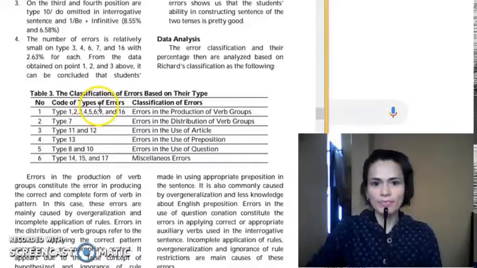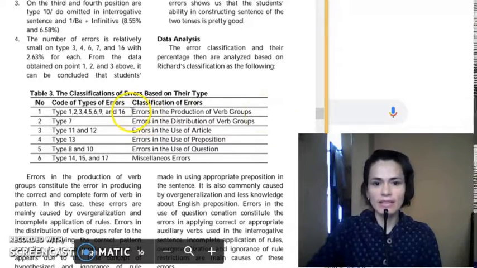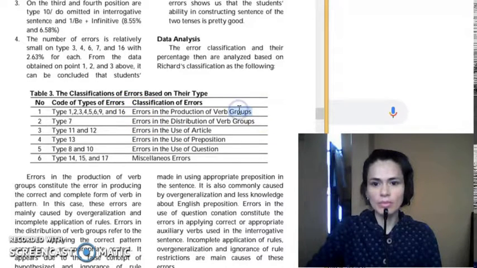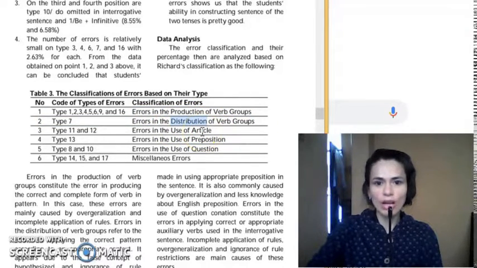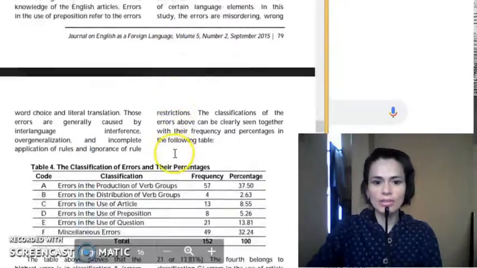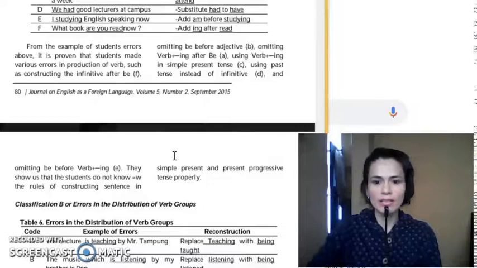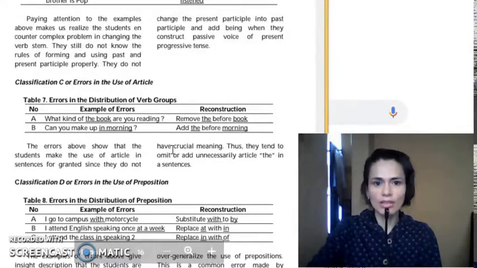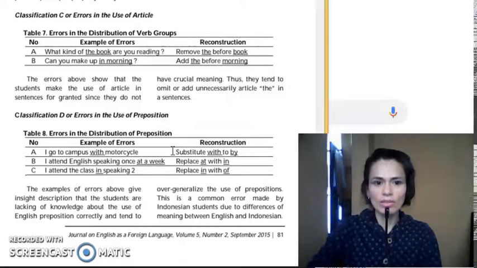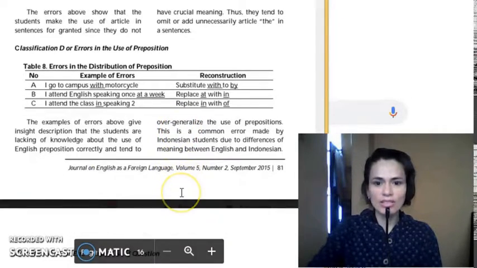The findings indicate that the mistakes made by the students were in 6 aspects: errors in the production of group of verbs, errors in the distribution of group of verbs, errors in the use of articles, errors in the use of prepositions, errors in the use of questions, and various errors. With respect to sources and causes, intralingual is the main source of error at 82.55%, where overgeneralization took place as the main cause of error, with a total percentage of